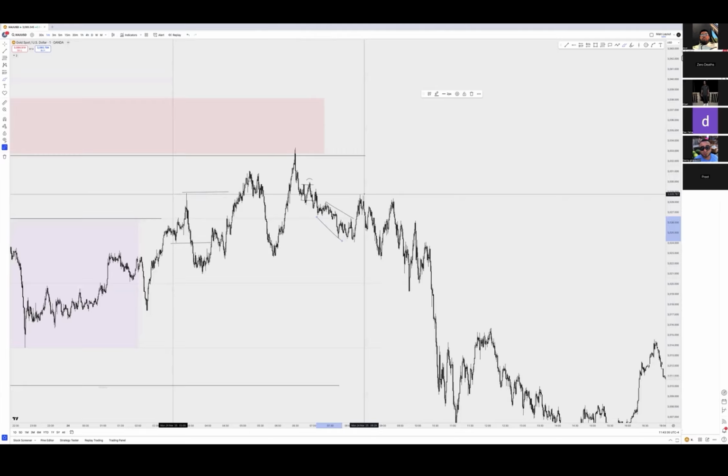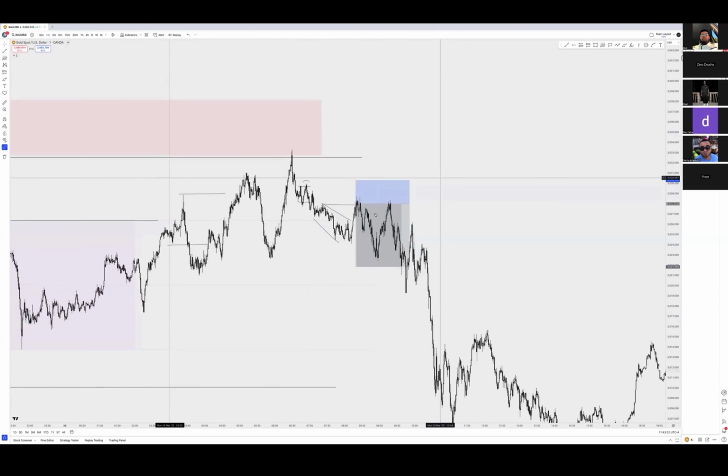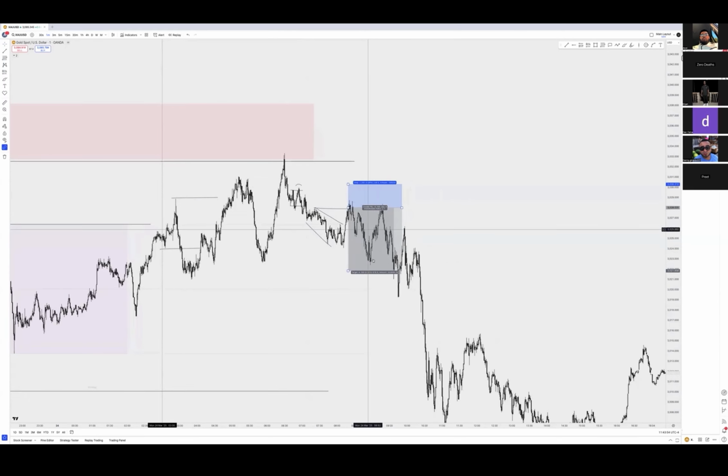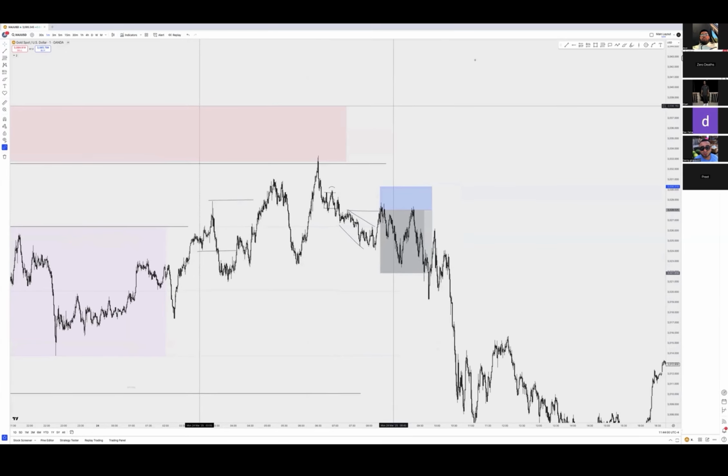So, in all honesty, if you were to enter, the safest thing to do is enter over here and then stops above, right? That liquidity block. And then obviously market moves lower, takes out the low. But you have to understand this whole area right here is the trap, right?